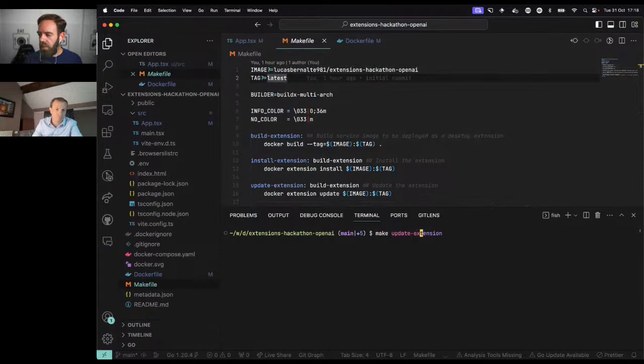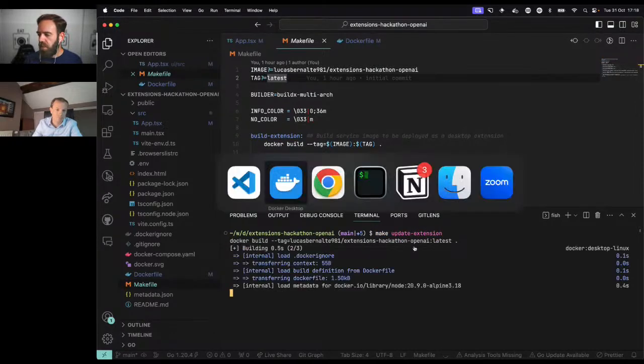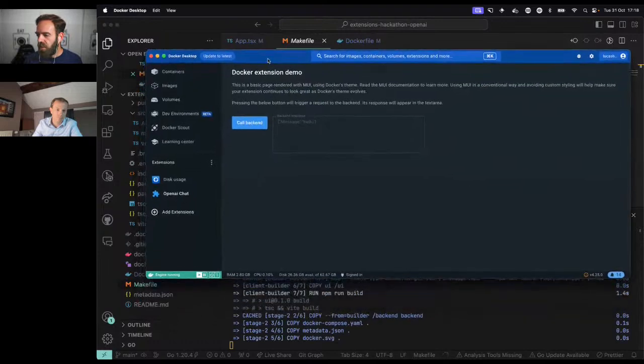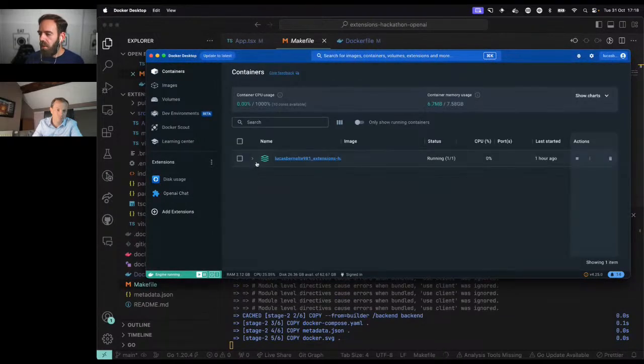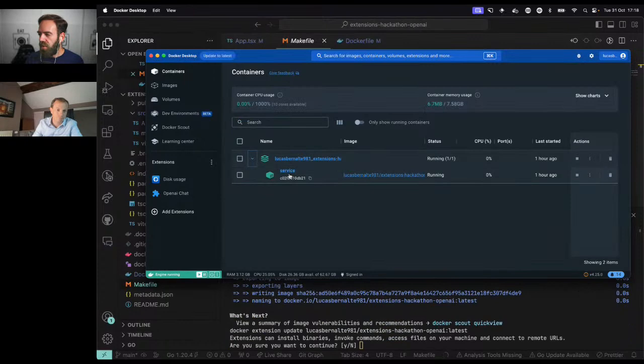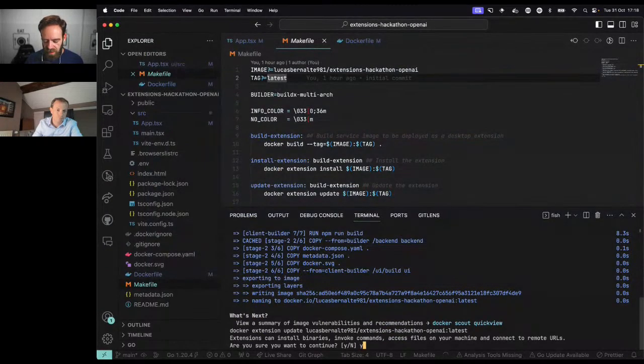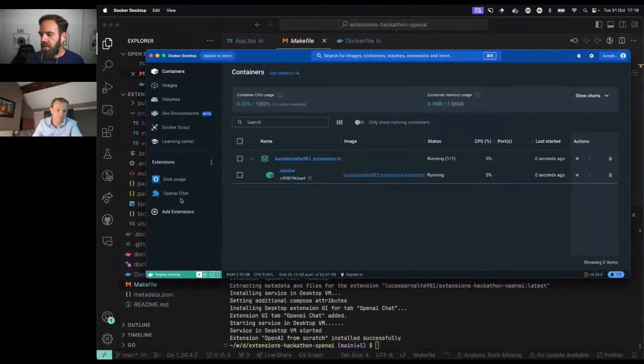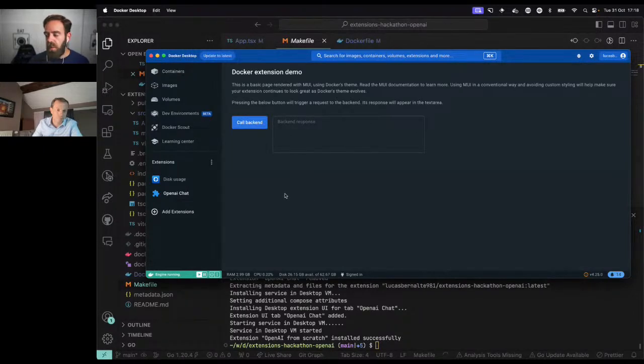So if I run make update extension and I go back to Docker Desktop, I should see at some point the extension changing because I'm going to remove what I have right now. You can see in the containers tab that there's a service running for the extension. And as soon as I hit yes and update, you see that the extension is with a spinner. And then when it gets loaded, it loads the extension again. So on the front end, we didn't do any changes, and it was only on the backend side. And hopefully, because we just changed the backend from Go to Node.js, but with the same functionality, if we click on here, yes, we see the message hello appearing in here.